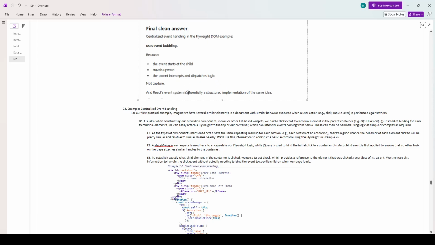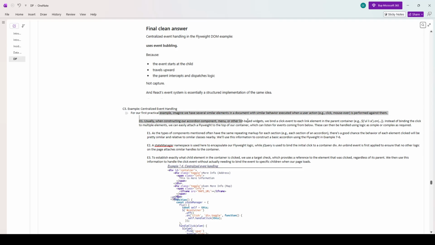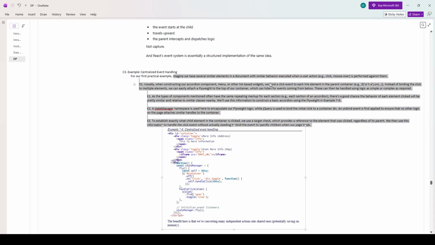So it's the same idea we discussed with the factory intercepting, right? Or the book record database that handles the extrinsic and the intrinsic state. And React's event system is essentially a structured implementation of the same idea. So for our first practical example, we have several similar elements in a document with similar behavior executed when a user action like click or mouse hover